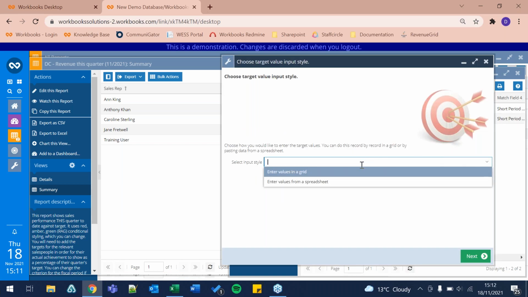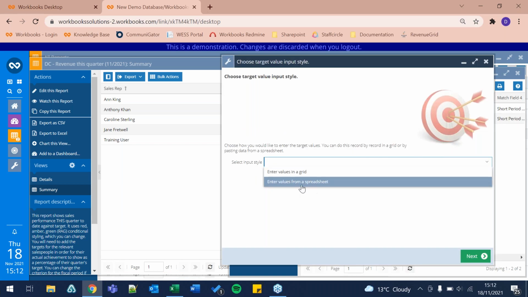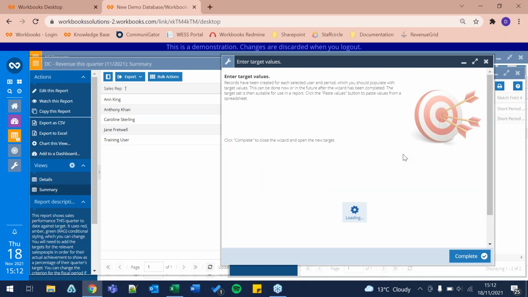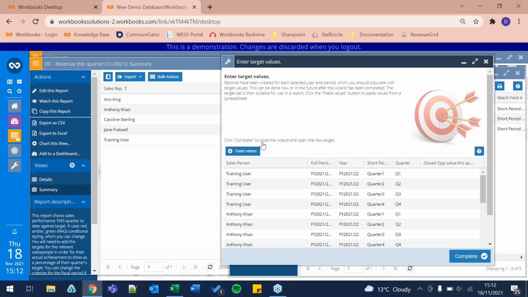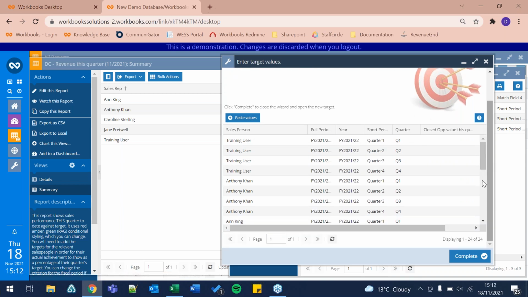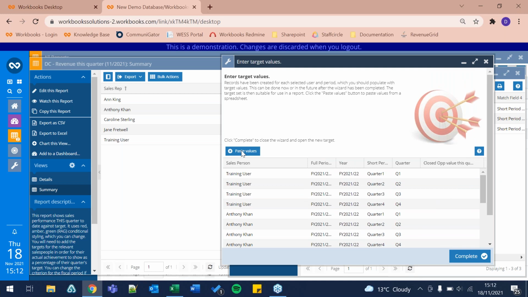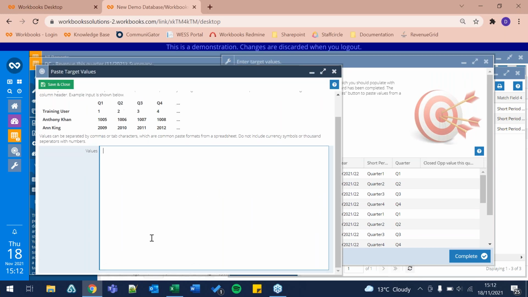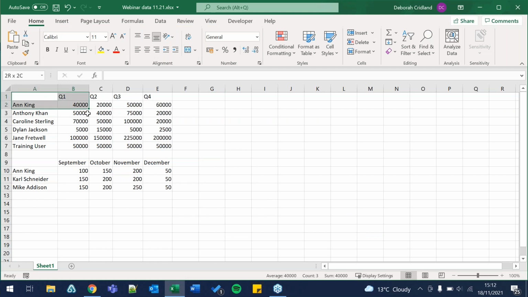And then we choose how to input our targets. And since we already have these values on our spreadsheet, we'll use enter values from a spreadsheet. And this is entirely new functionality that's only being included in the target sets currently. It's actually really, really handy. So as you can see, it gives you this grid, which is a very standard Workbooks grid. And then if you hit the paste values button just here, you'll be given a big text field where you can simply copy your values in from Excel,